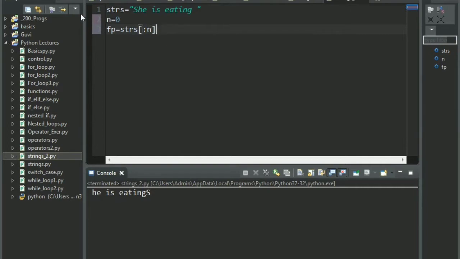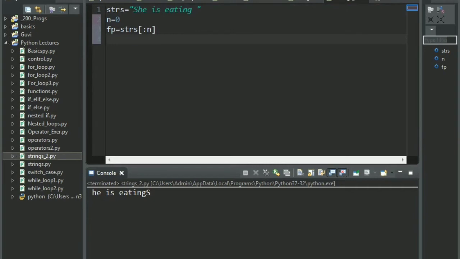My n is 0 here, so it starts at 0 and stops at 0. If I want something stopping at 0, it will basically stop right before that. So in short, S simply doesn't get printed here because my stop value is 0. So it stops before that itself, so nothing basically gets printed.